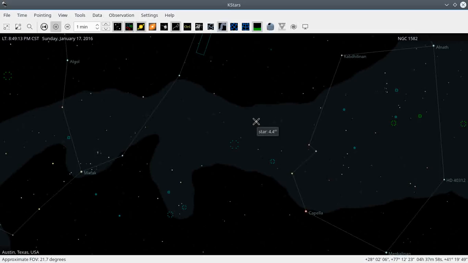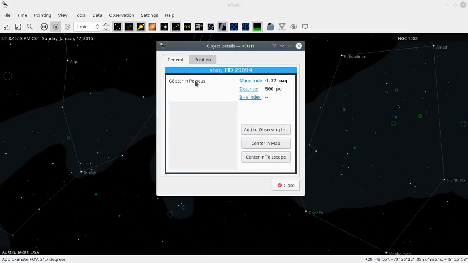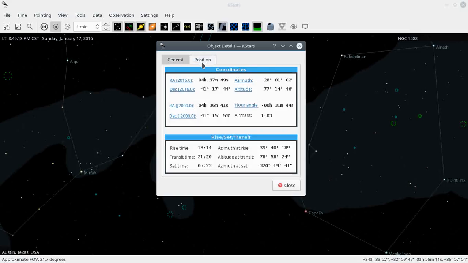Now let's look at the details dialog. This is probably the other most useful feature in this menu. It shows you some information about the object. So here it says what is the spectral type of the star. It's a G8 star in Perseus. Here's magnitude, the distance that KStars knows, B minus V index if it knows it, and the position tab gives you a complete list of its coordinates, including J2000 RA index, the RA index for the current epoch, the azimuth and